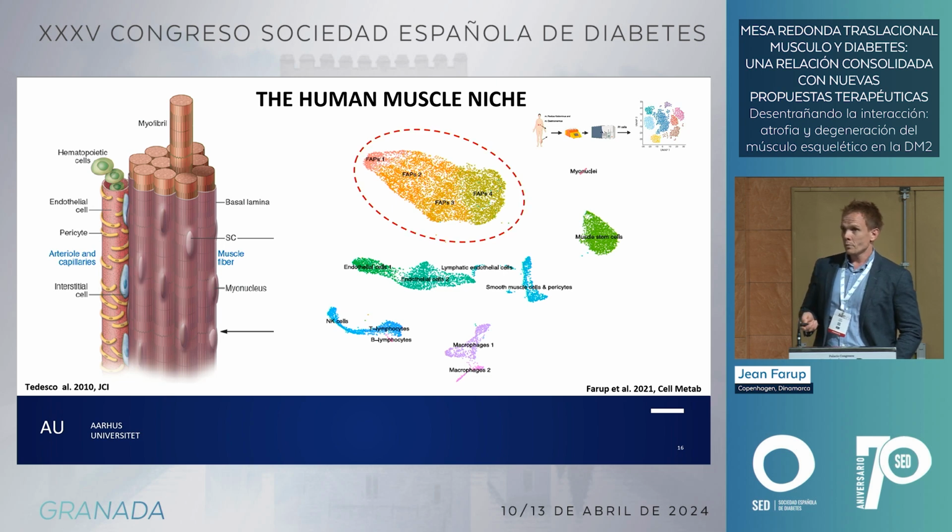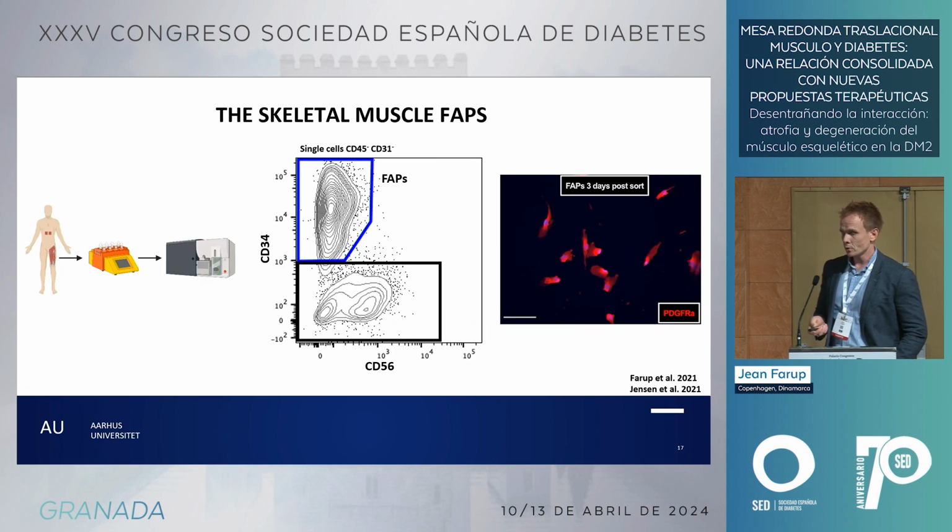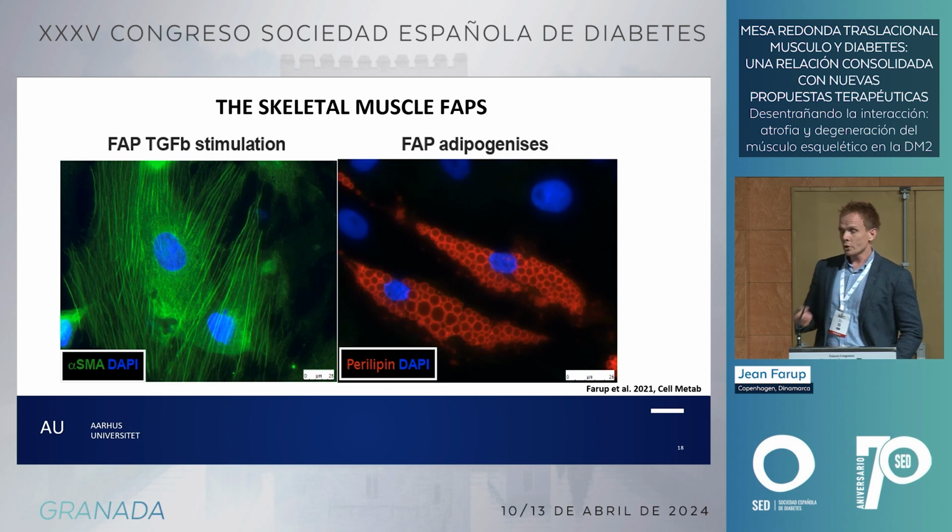And here we found this major population that we termed fibroadipogenic progenitors. And so to understand if these could be driving this process, we developed a strategy to isolate the cells. And here you see them to the right, isolated after 3 days, and they're uniformly positive for this mesenchymal stem cell marker, PDGF receptor alpha. And so when we push these cells into either a fibrogenic or an adipogenic lineage, these are highly capable of forming both fibroblasts and adipocytes, and it is really the only cell type that we've been able to isolate from skeletal muscle that can do this. So we think that these are responsible for the fibrofatty infiltration in skeletal muscle.